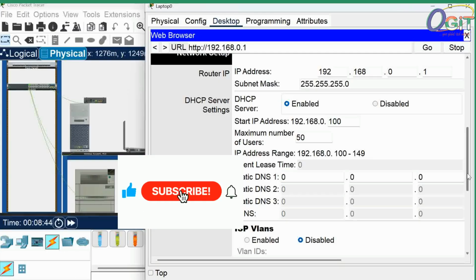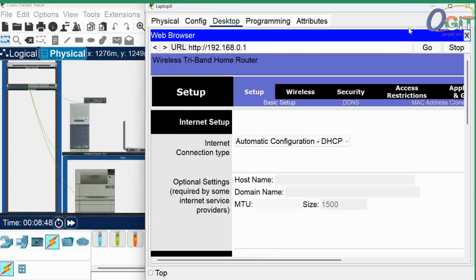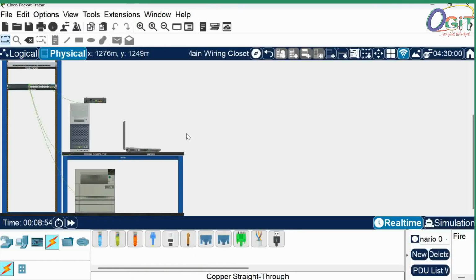Why am I mentioning this? We are going to discuss it later. Let me close that for now. So now we see that it is starting from 100. So going to this PC now,